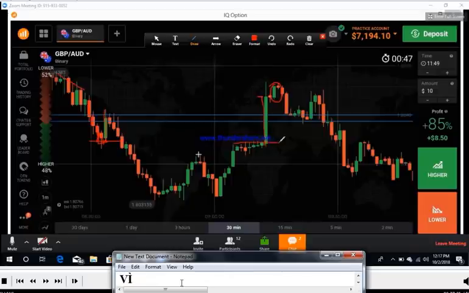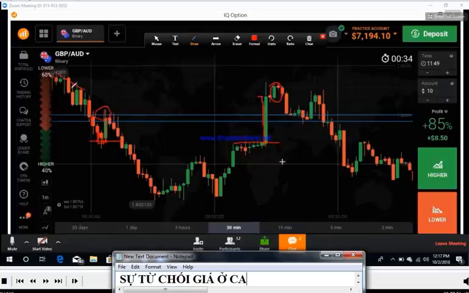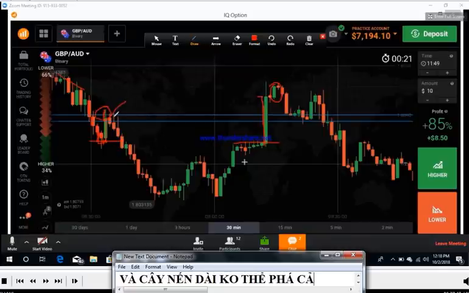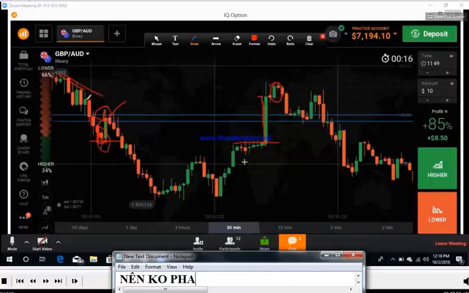But here we can find some good, strong buyers. That's why they broke this level. But there are not enough buyers to break this level. It means there are very few buyers, and this is a downtrend, and this is a strong level. Strong level means reversal point, and there is a rejection from sellers. So if you find one confirmation on the next candle, you can trade. There are more possibilities to win the trade because this is a downtrend, this is rejection, not enough buyers, and these are strong sellers.